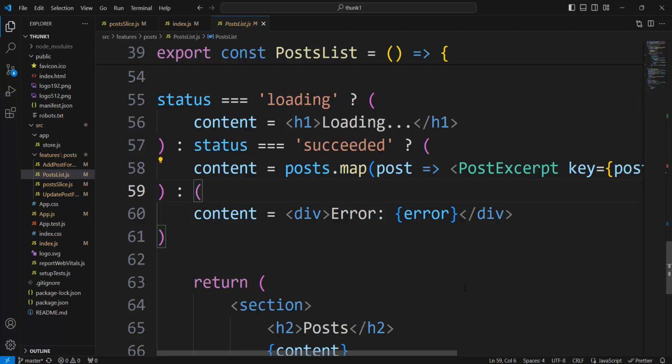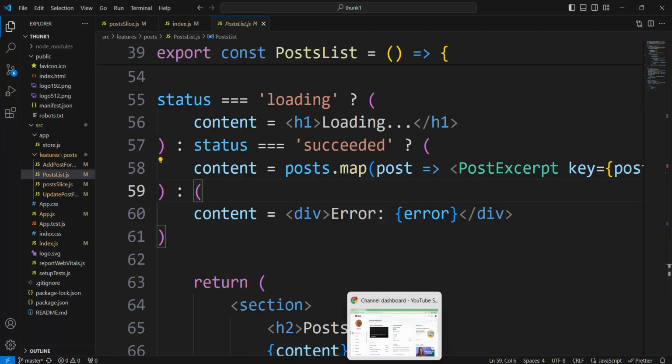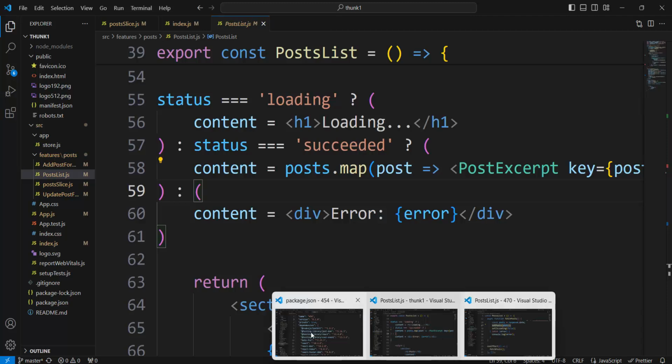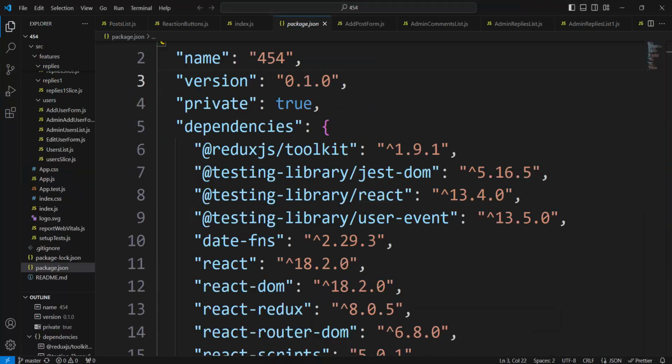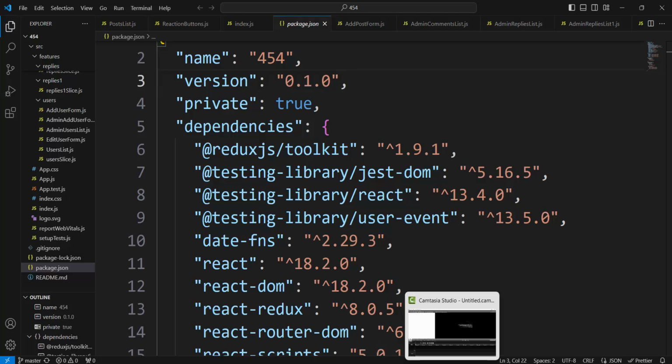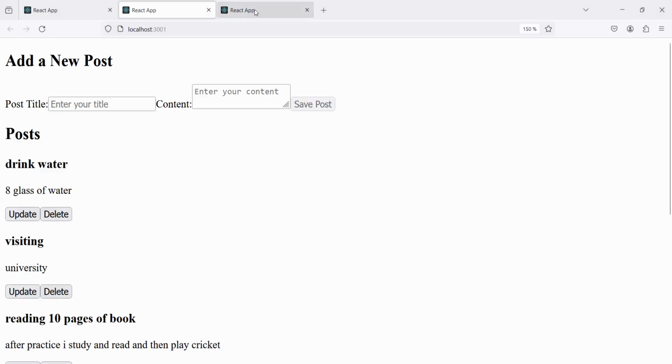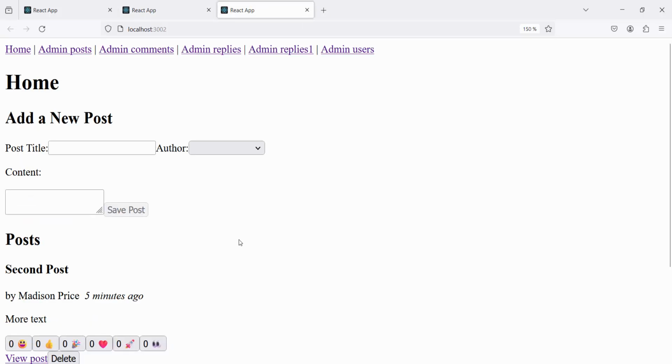Thunk one, it is thunk one. Okay, it means read must get posts from the remote server. Now the application, the third one, this one, 454, and here it is. This application